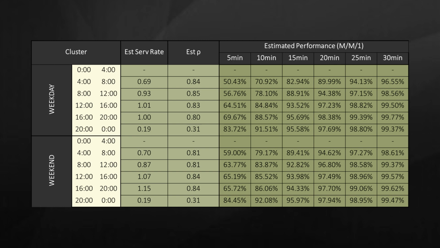Moving on to traffic intensity, which is calculated using the estimated service rate and wait time, we again observe the lowest values during the 8 pm to midnight time frame, aligning once again with the lowest arrival rate. In evaluating cumulative performance, we also found that the majority of passengers experience wait time of 5 minutes or less,